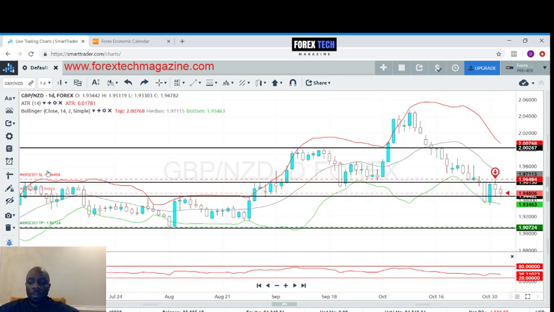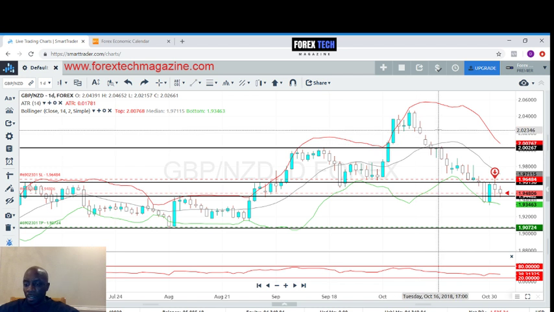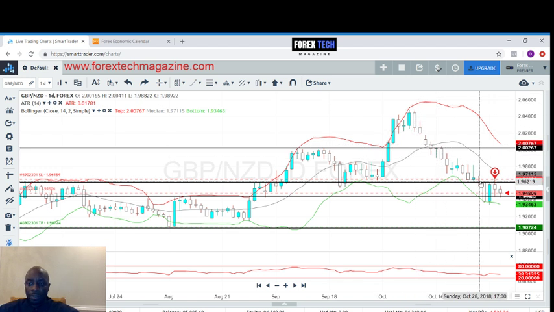And let's look at this last one here. This is the Great Britain pound, the New Zealand dollar. Kind of the same thing as we just looked at with the AUD, which is price has been moving down over time. Now we're getting to this period of support here, and the goal will be to look to see if price can close below the support, therefore signifying that it could potentially break all the way down to this next level of support here. And as you can see, price is still under that 20 moving period of the Bollinger Band. Once again, it's just a little added comfort that price is moving in the direction that we want it to move into. This over here, of course,